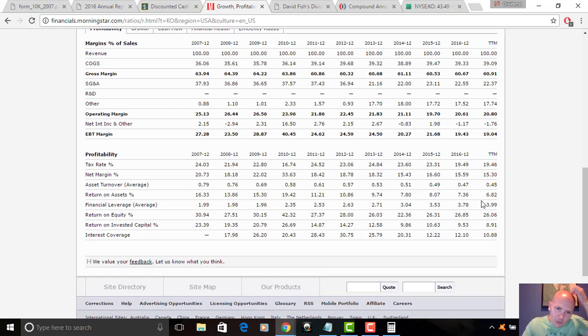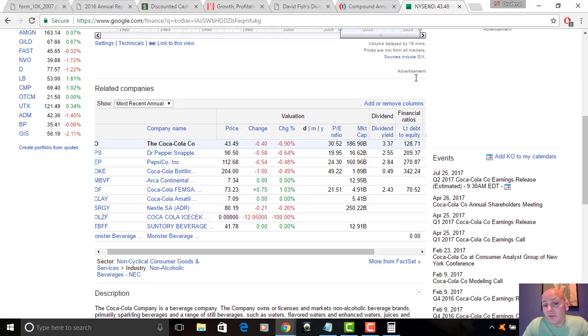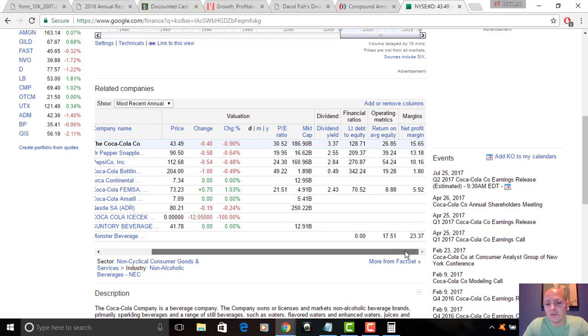So again, if you're in a hurry, or if you're just quickly looking at a stock to get an idea in your head as far as what they're doing, or you're comparing it from one stock to another, Morningstar is pretty good for that. And again, nothing exists in a vacuum. So when you're looking at some of these numbers, it makes sense to compare it to other companies in the same industry, because comparing Visa to Walmart, if you're looking at margins, for instance, is not applicable. Walmart has very low margins because it's in retail, and so it has to do a lot of volume to make a good chunk of profit, whereas Visa can scale up almost indefinitely. So very different businesses. And when you look at the industry, Coke actually fares pretty well here.